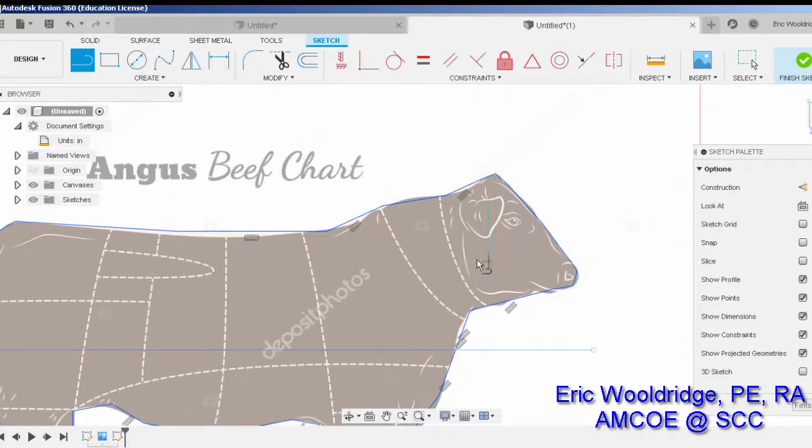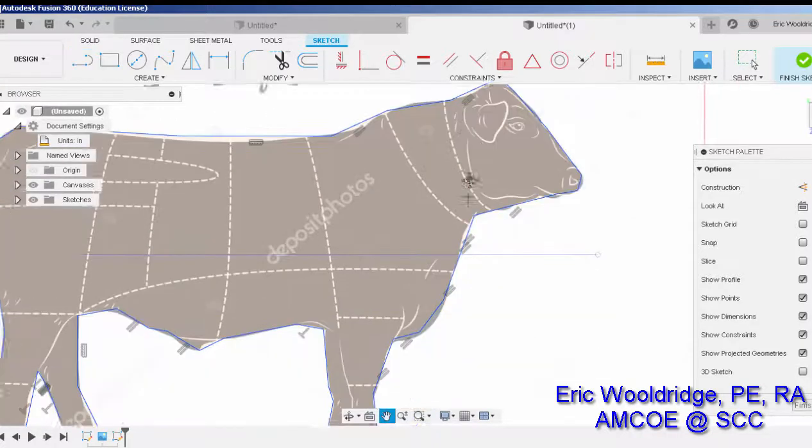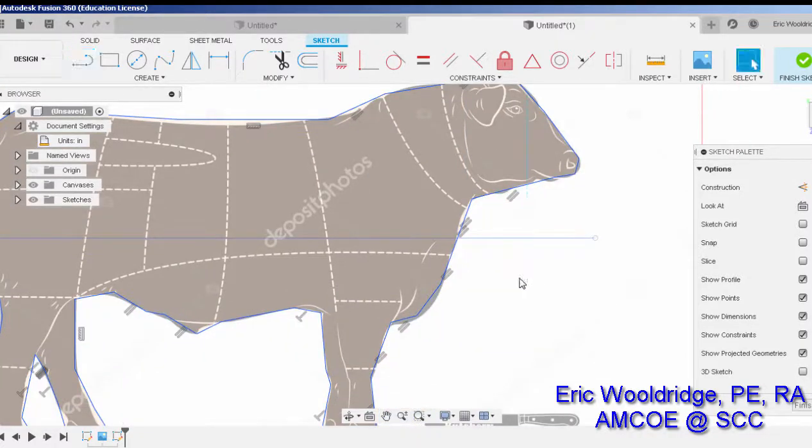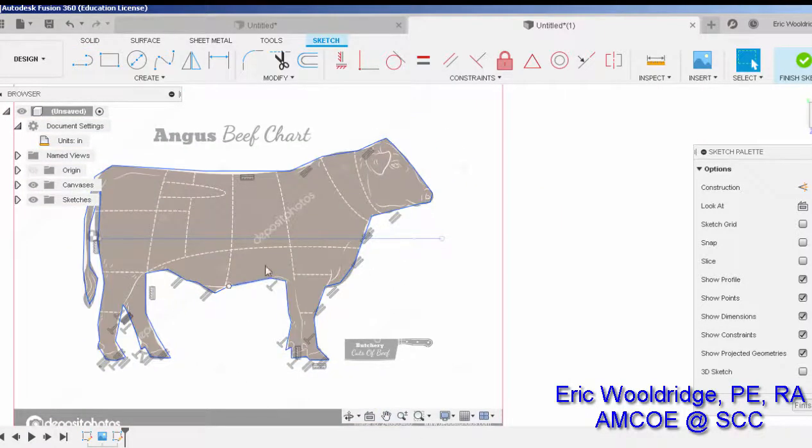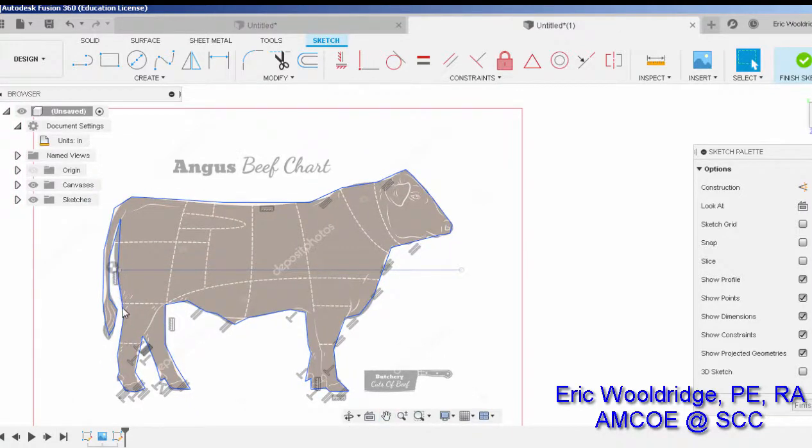You'll notice that it closed because you saw it change color there. That means I have done it correctly. So I hit escape. And so now I have an outline. The other thing about my outline though that's not a good thing is that I have to put it with respect to the origin. So I'm going to grab my outline somewhere and let's just see if I can't move